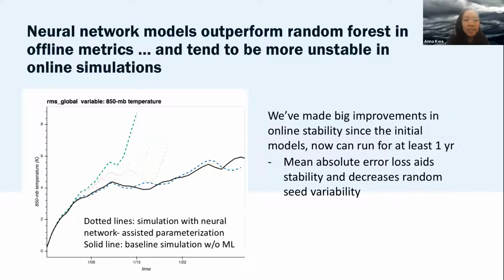And then here's an example of a neural network that actually blows up when you plug it into a simulation. So basically this black line here is what we use as our baseline for comparison. It's just the regular climate model that doesn't have any machine learning, and it's using its regular parameterization to describe convection. You can see that it runs, but it doesn't crash. And then this blue line here is a neural network that we trained that didn't crash.